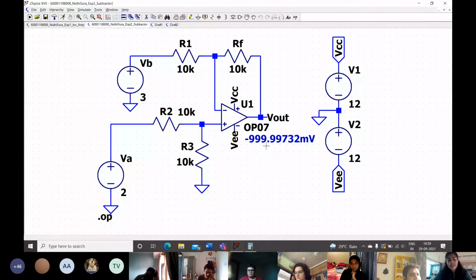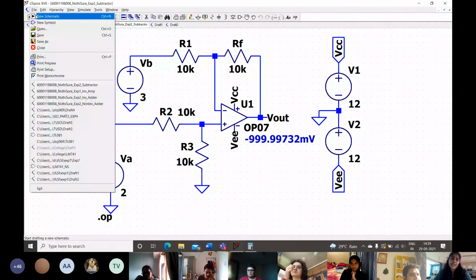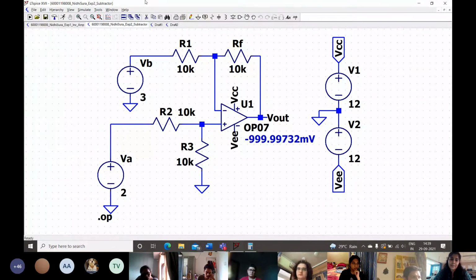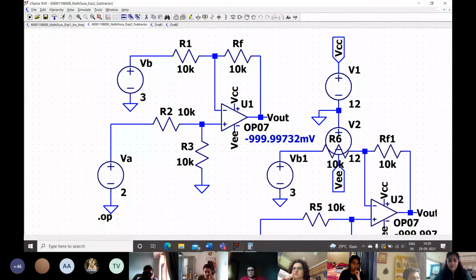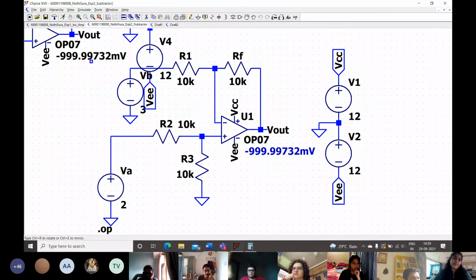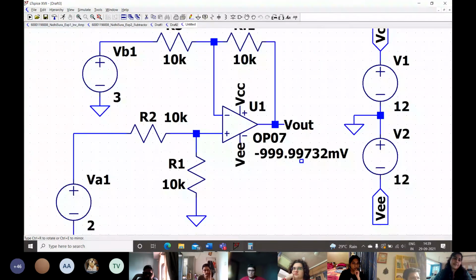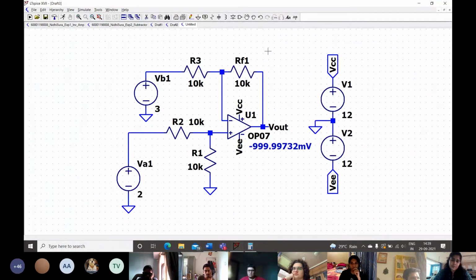Now this circuit, along with the previously mentioned circuit, can be used to implement a linear equation. So what we can do is take an example of a linear equation. I'm just going to go ahead and copy this entire circuit before anything else, and I'm going to paste it in a new document.